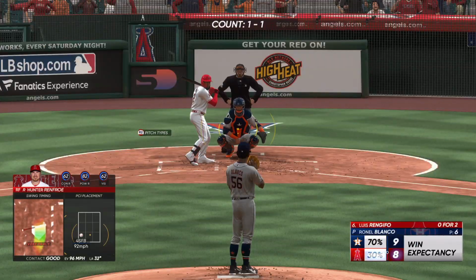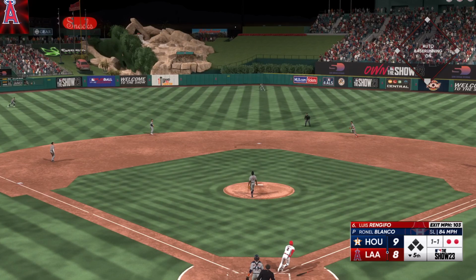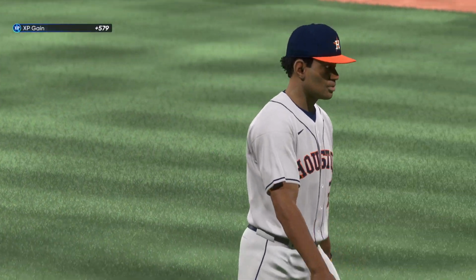Luis Rengifo gets a chance to hit here. And he swings and lifts one to deep center field. Caught just shy of the wall. But they go deep 3 times in the...